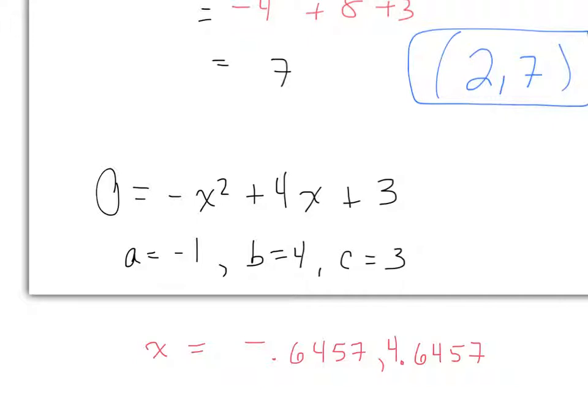I was thinking differently. So think about the axis of symmetry at x equals 2, right? One of the intercepts is some distance away. The other intercept is another distance away. Those distances are the same because of symmetry, right? So take 2 and add 2.6457. Take 2 and subtract 2.6457. These are the answers. So it's 2 plus or minus